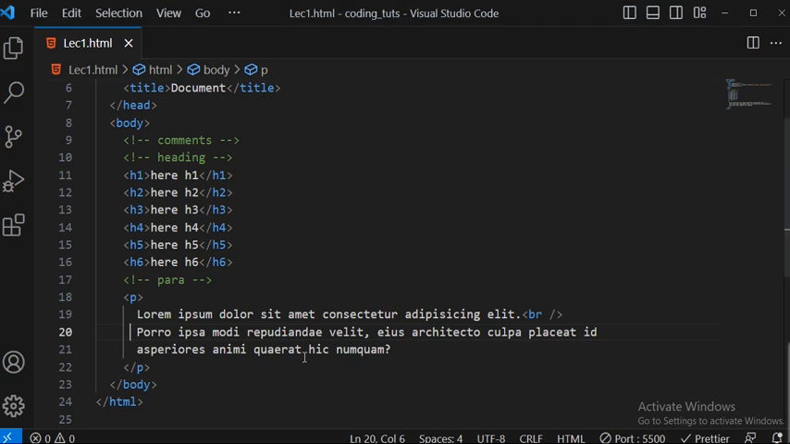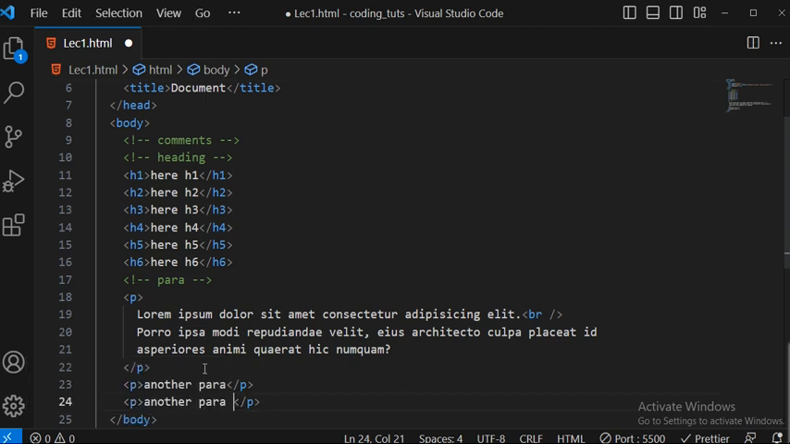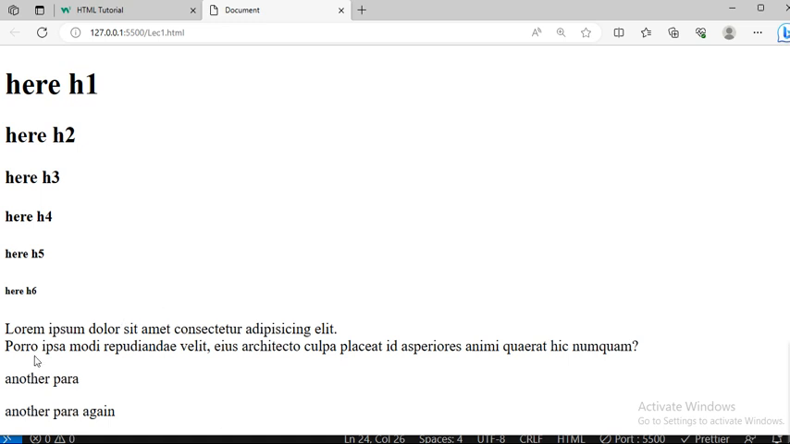And one more thing I want to show you: this paragraph is taking the whole bunch of space. Let me show you one more thing. If I write another para, and another para again, you will understand what I'm doing. If I save this and come here, you can see that one paragraph is taking a whole bunch of space and another para is taking a whole bunch of space. So if I want this para to come beside this one,